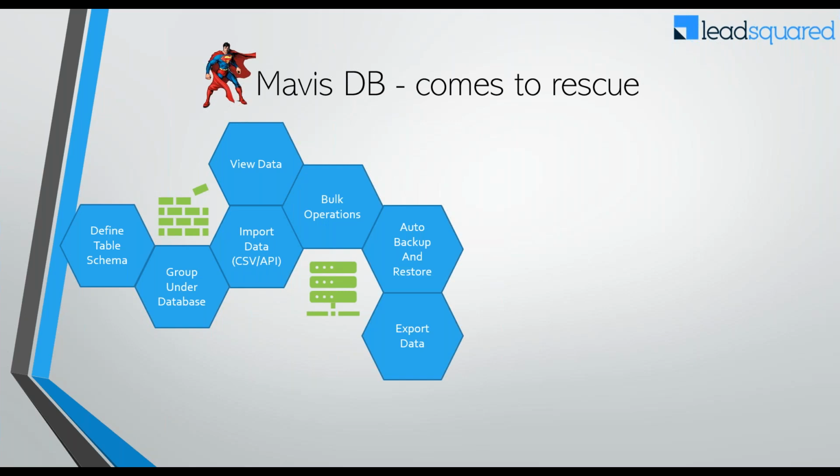Then you will be able to do bulk operations on them. Maybe I want to do a bulk update: I updated my sheet, but I had a spelling mistake with the city Bangalore, right? So I want to update all those records, or maybe bulk updates are coming from an external system. Let's say the RM for a particular area, for all the pin codes, got changed, right? It should be as simple as calling an API,